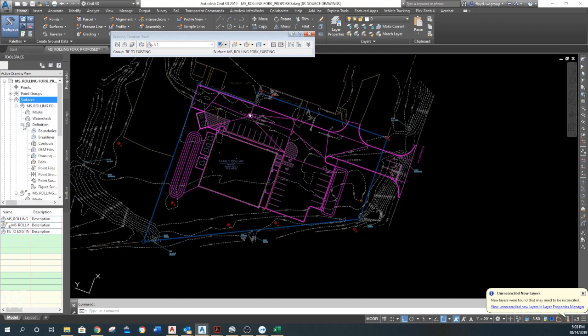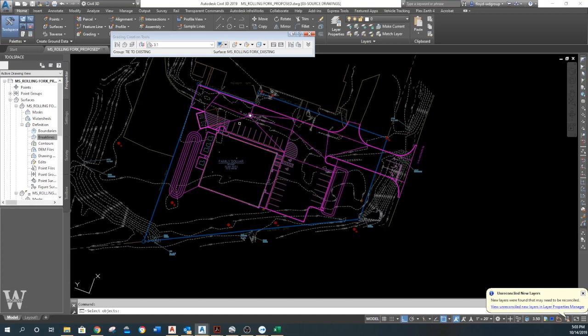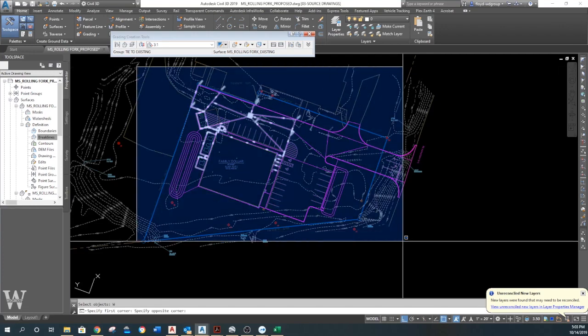Now we're going to define it. Right click and add. We talked about weeding factors and supplemental factors before. This is how accurate your surface is. AutoCAD defaults at like 10 and 15 for these, which means your triangles are really big. Circles and arcs and tight numbers don't come in real clean, and on a small surface it's nice to have them tight. So this is my settings. I find it works extremely well for a small site. All right, so select my objects. I'm going to pick everything there,